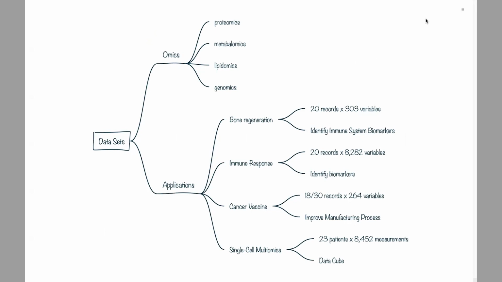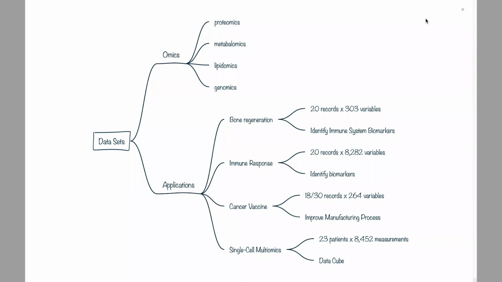So you've got proteomics, genomics, lipidomics, metabolomics, and it's just cranking up the number of variables that you're looking at. Still, in the medical space, they're not having a lot of patients. So now we're getting to these sort of super fat data sets. We're engaged in a few NSF studies doing analysis, but today we'll be looking at data from bone regeneration,